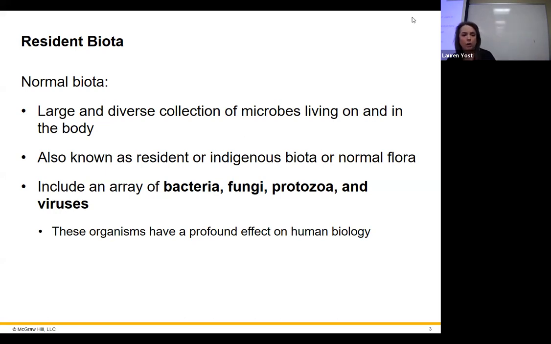We automatically all think of our gut biome. That's the more obvious one. But you can have a biome almost anywhere in your whole body. You shouldn't have a biome in your bloodstream, right? If there's anything in your bloodstream, bacteria or anything like that, then that's not meant to be there. The same thing goes for your central nervous system. There shouldn't be anything growing in there. Those would be automatic signs of an infection. But everywhere else pretty much has a biome, and your biome can consist of bacteria, fungi, protozoa, and viruses.